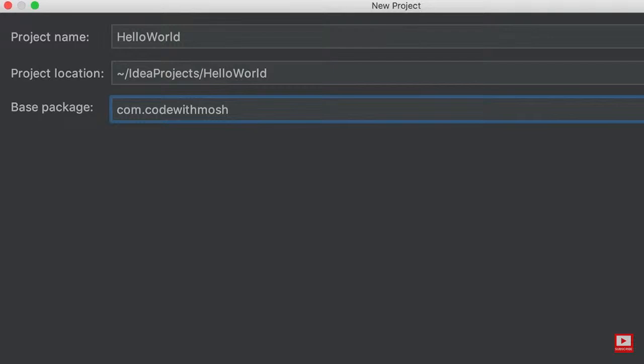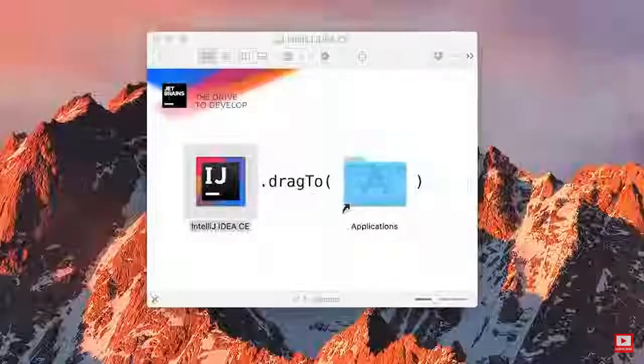All right, here's our first Java project. Now, this code editor might look a little bit intimidating at first, but trust me, it's really easy, and you're going to learn about it throughout this course. On the left side, we have